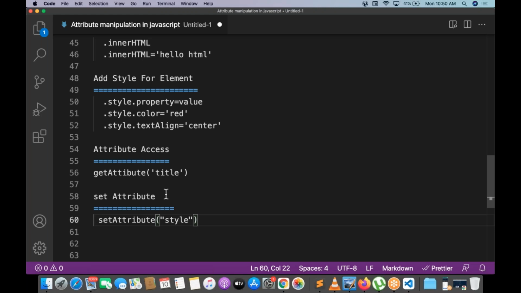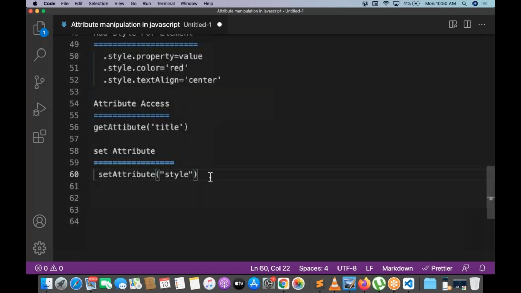That's all. Then one more is removeAttribute. How to remove attribute? removeAttribute. That's it.